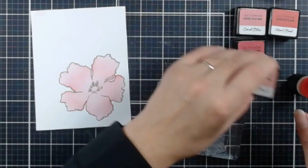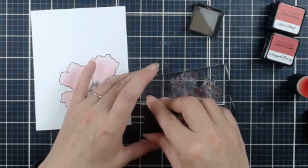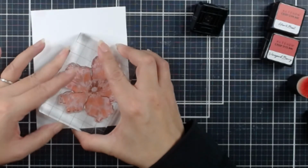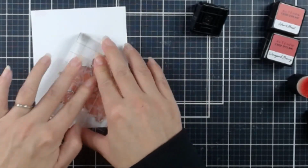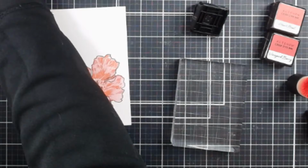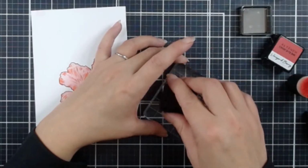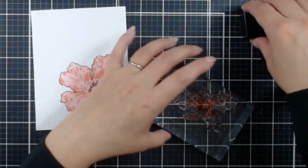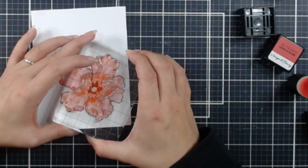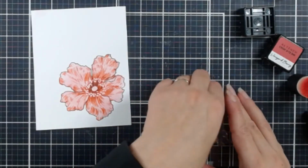Okay. So I'm going to go with my Coral Bliss. And I'm going to pop that on round about here. I have stamped this one up numerous times, so I kind of know how this one's going to go together. There's my Coral Bliss. And then the Heartbeat, the next layer. So this is one of my favorite red collections. I think it goes that way. Could be. There we go. Right about there. You do get the layering guide on the back, as per usual,